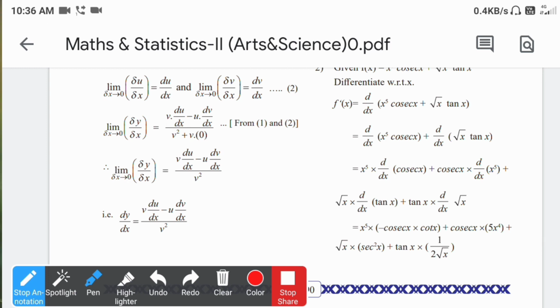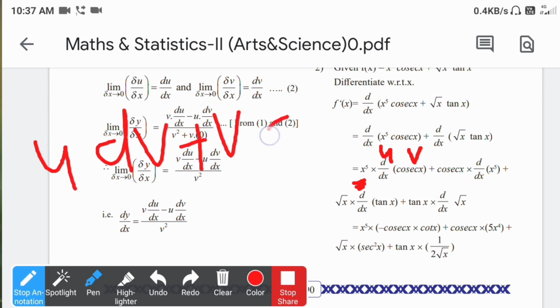Concentrate here. For x raised to 5, we consider it as u, the first function, and this second function, that is cosec x, is considered as v. So for the first function we will keep that function as it is, u into, what is the formula? So I will write here the formula: u into derivative of v plus v into derivative of u. Here u, that is the first function, into derivative of the second function, plus v, that is the second function, into